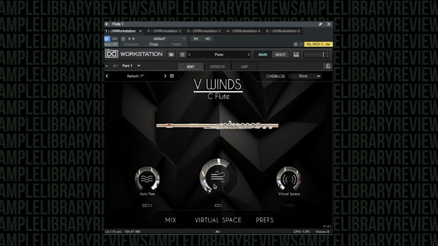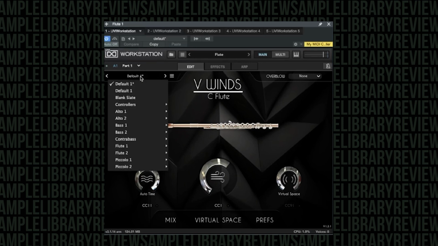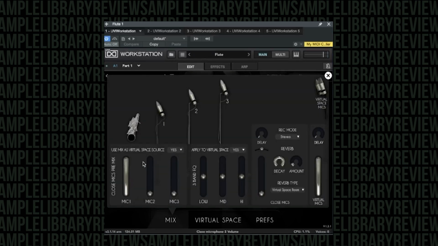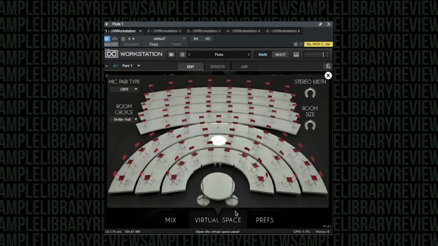Now, when I play through it, I'm going to turn the mic off, but just some things to point out. We have different sound presets here, which we're going to listen to for each of the instruments, but we can also go in the mix panel here. There's different mics, as you can see there, an EQ for the space, and then something I'm probably going to do a bit of